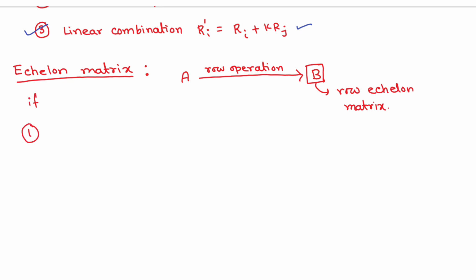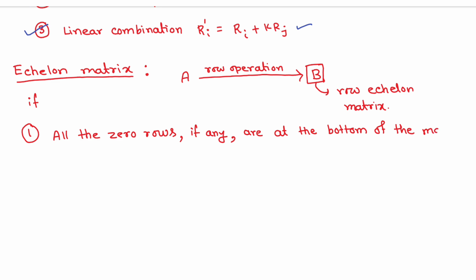This matrix will be called a row echelon matrix if, first condition, during this operation all the zero rows will be at the bottom of the matrix. Clear? All the zero rows, actually sometimes there is no zero row, that's why I am writing if any. So all the zero rows, if any, are at the bottom of the matrix. Clear? So if there is any zero row during this operation, that zero row must be at the bottom of the matrix. Okay, that means you have to interchange the rows. Number 2,